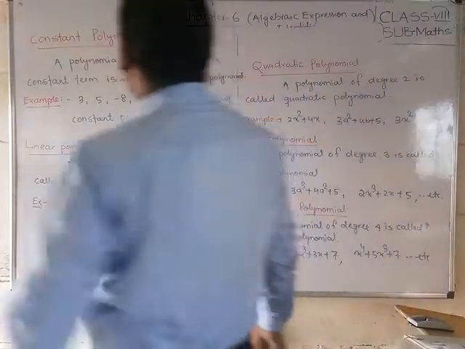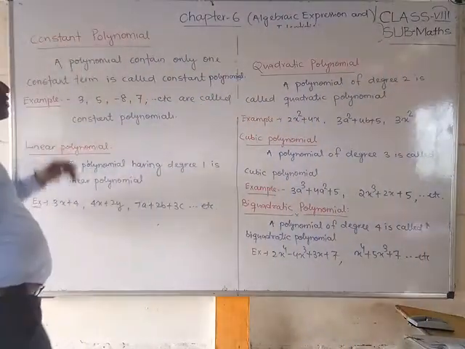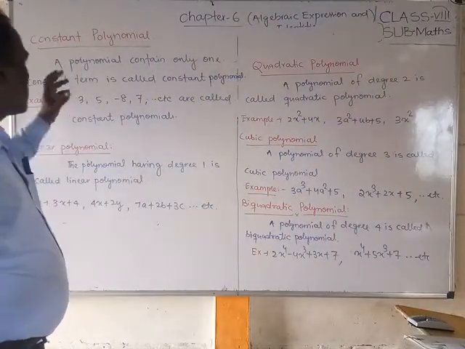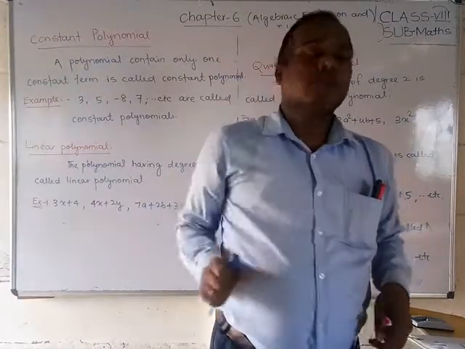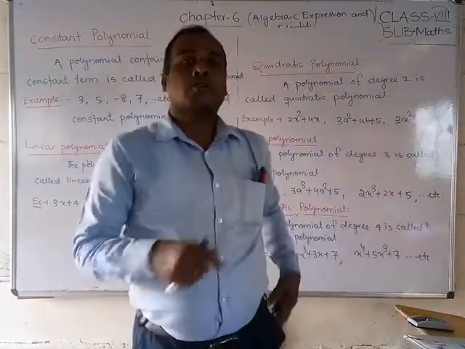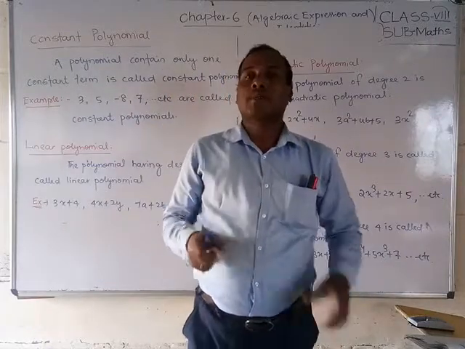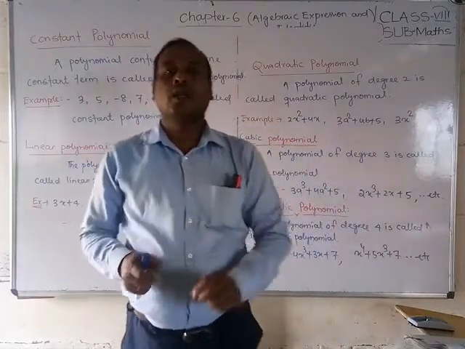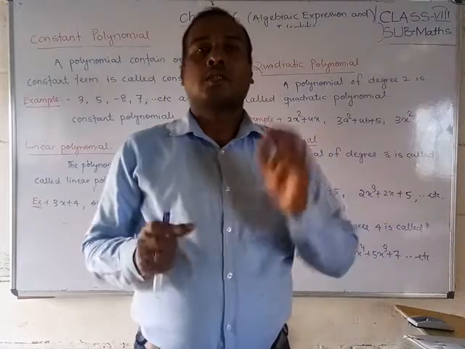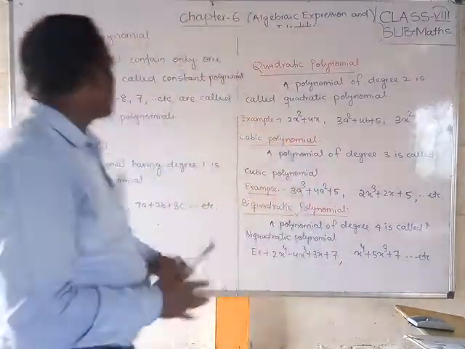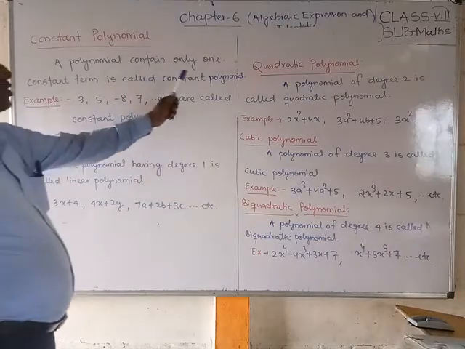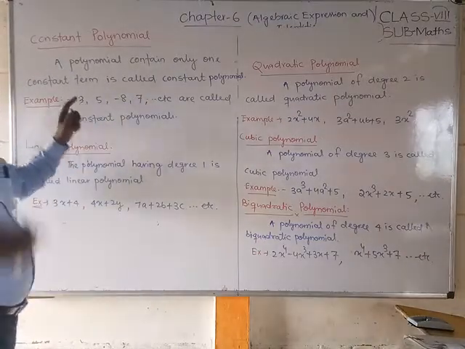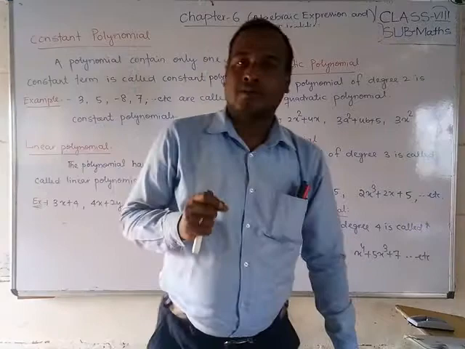So okay, students, now we will see what a constant polynomial is. Constant means what? Constant means numerical numbers. Okay, students, I have already told you about constant terms. A polynomial that contains only constant terms is called a constant polynomial. A polynomial containing only one constant term is called a constant polynomial. Suppose 3. Only 3 is also a polynomial.